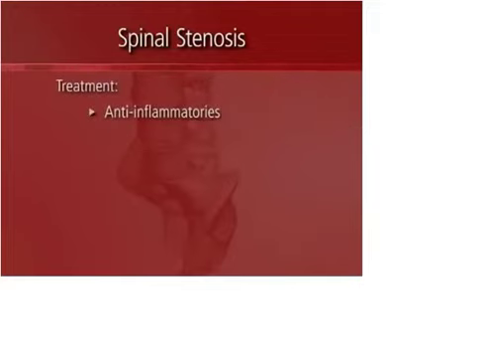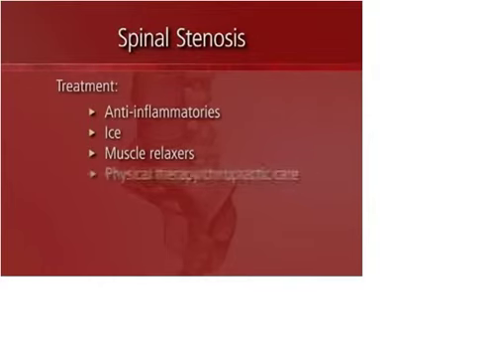Treatment options for spinal stenosis, again, just like any other condition, span the entire spectrum of lumbar treatment, starting from the most conservative and ending with the most aggressive. Most conservative is medical management, medication treatments, anti-inflammatories, ice, muscle relaxers for the muscular pain that goes along with this, and things like physical therapy, chiropractic care to manipulate, stretch, and strengthen the spine to support the structures a bit